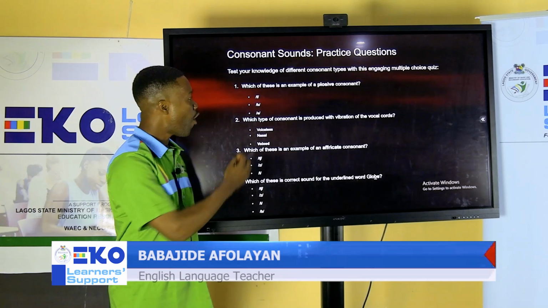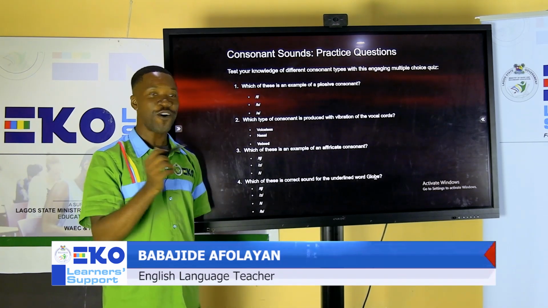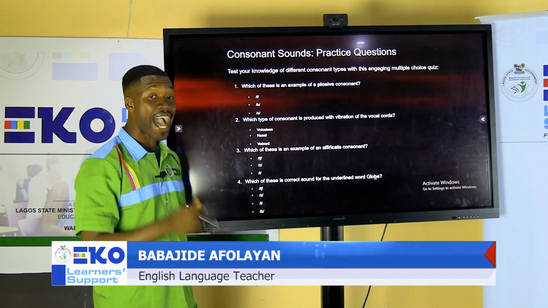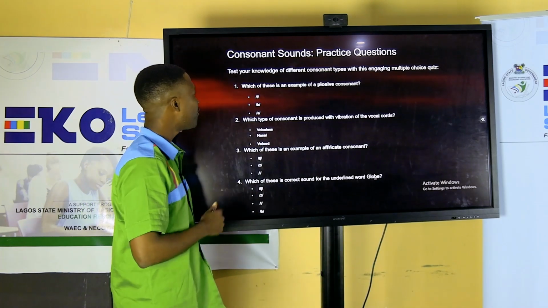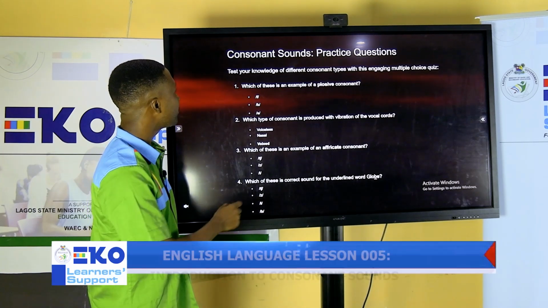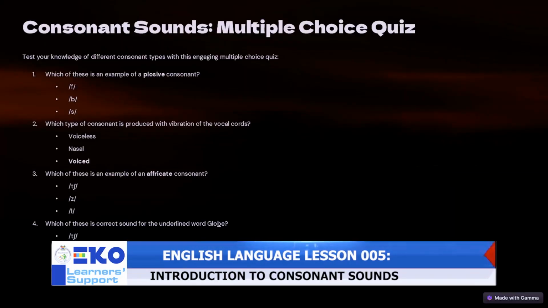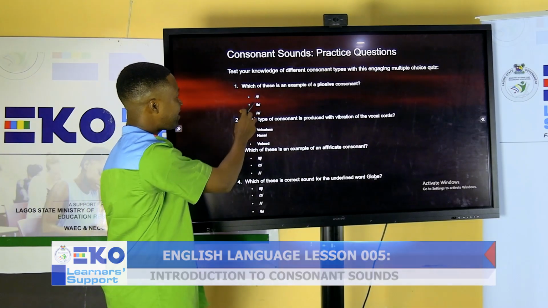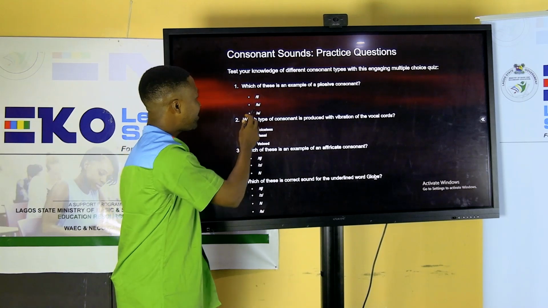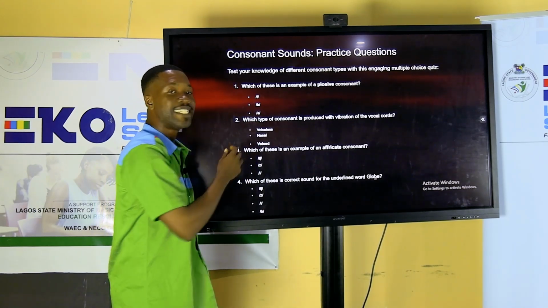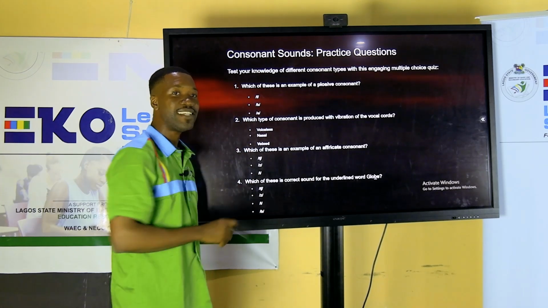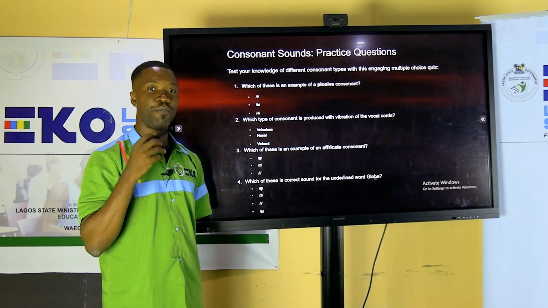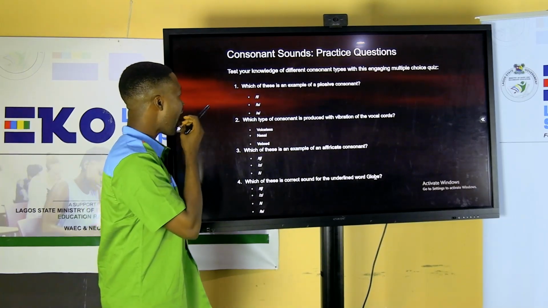Welcome back. I hope you've been able to try out all the questions, and I'm sure many of us got the correct answers. Let's now do this practice. Question number 1. Which of these is an example of a plosive consonant? Is it the sound f? Is it the sound b or the sound s? Which is correct? Yes, the correct answer is the sound b, because it is produced with air rushing out of